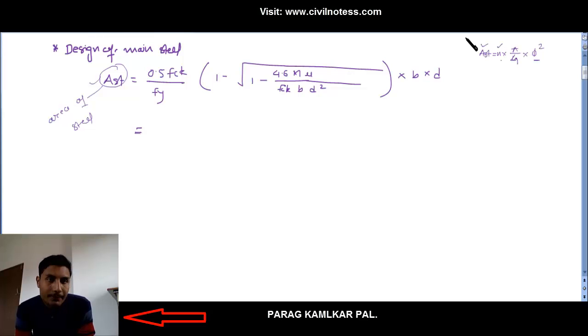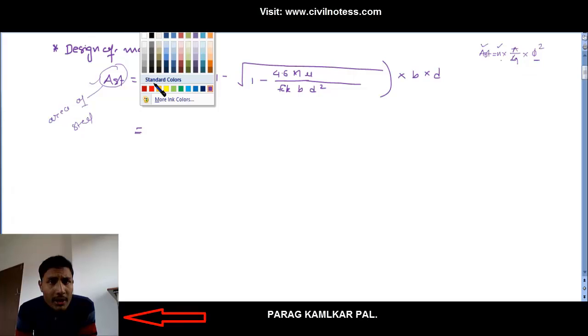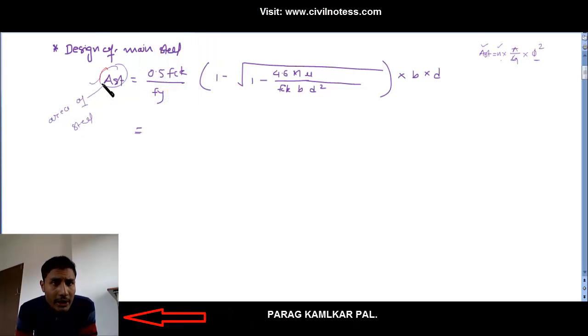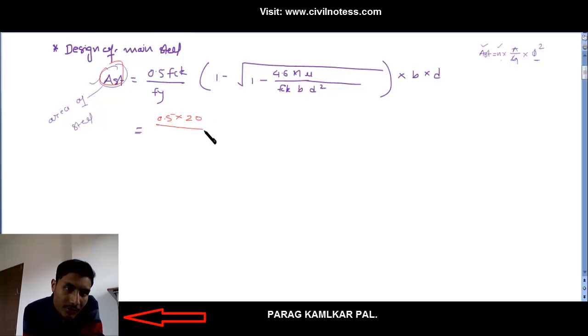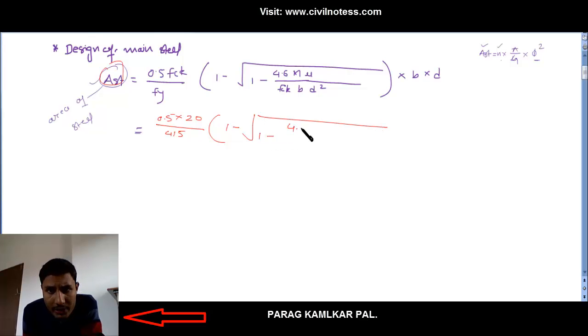Okay, so first of all you have to find Ast. Remember, this formula is really very important in all your calculations of steel in RCC. Okay, so now I'm going to put in all the values, 0.5. fck we know is 20 for concrete, and fy is 415 for steel. Okay, 1 minus under root, 1 minus 4.6 Mu